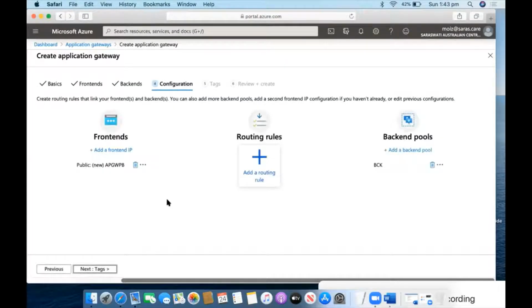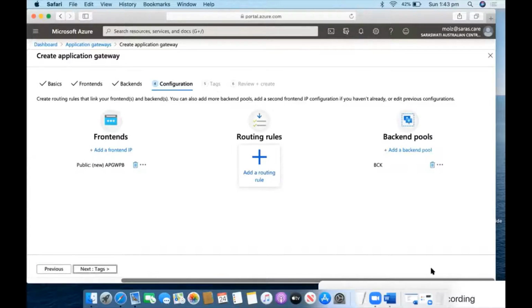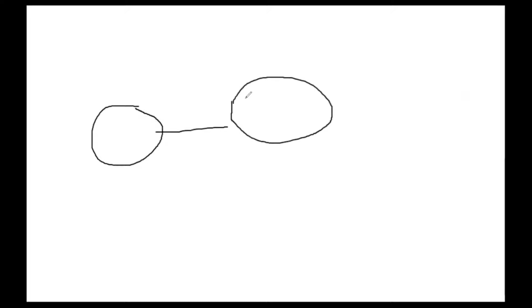This front end or back end, it depends on which way we are looking from, because you already have a public IP which was given by the ISP, right? So we are creating a public IP. What I am telling my application gateway is that this is my Azure. So the front end will be public, internet, all of this internet, always. And the back end will be my resources, virtual machines here.